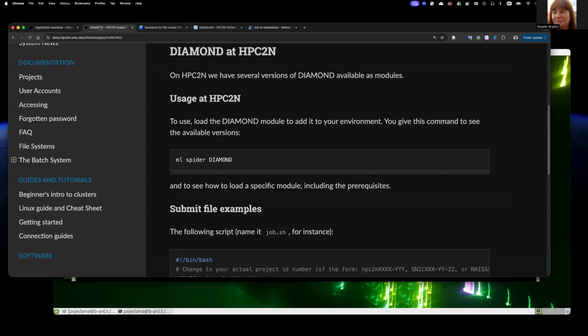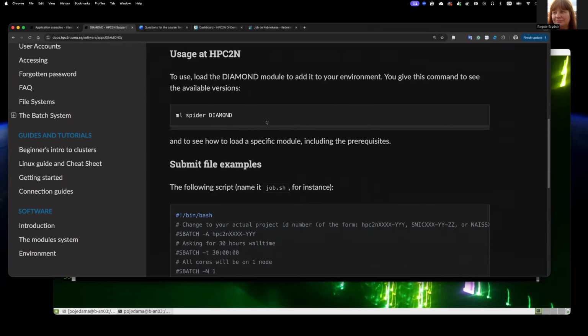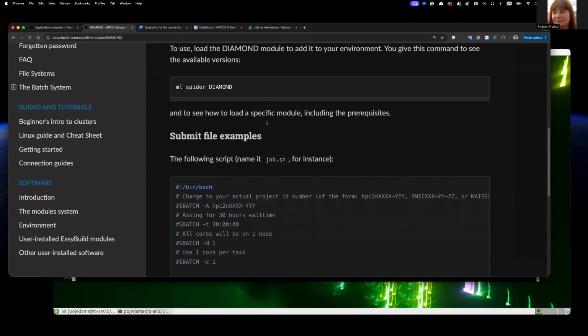Okay, so you can read these instructions on our website. Yes. So regarding Nextflow,